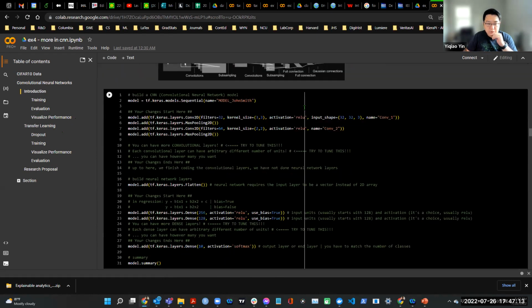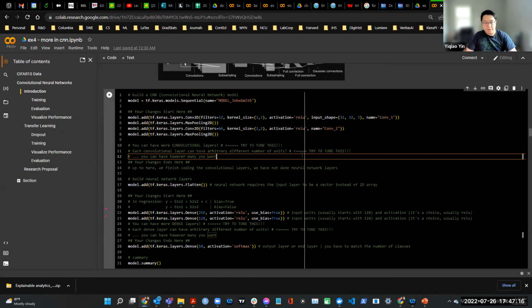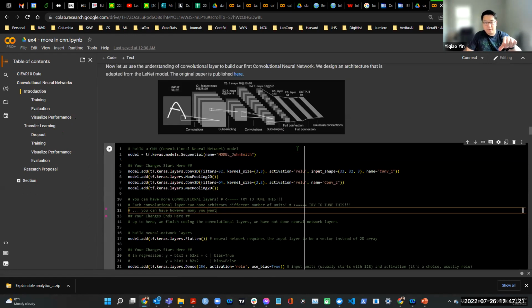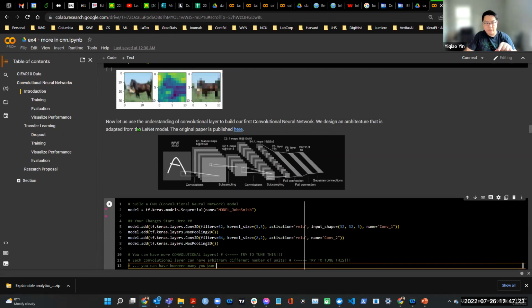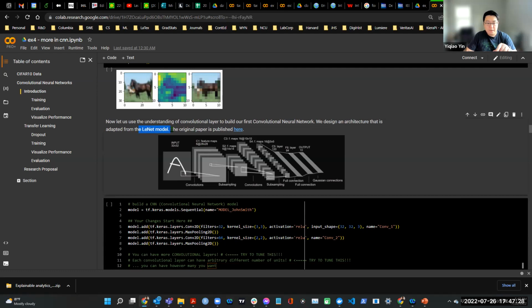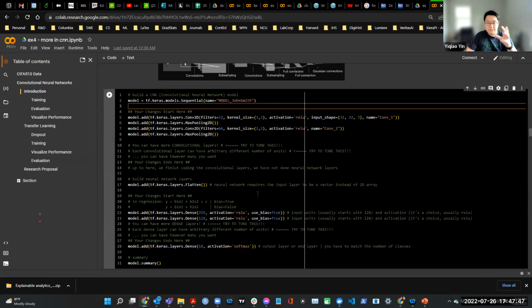So this is the code that we're referring to, okay? For those of you who are curious about this field, this model is actually taken from the original paper by Yann LeCun. The original neural network is called LeNet. He actually only had two convolutional layers. So in his model, a picture comes in, he has one convolution, a pooling, another convolution, another pooling, and that's it. Okay, so what does that look like